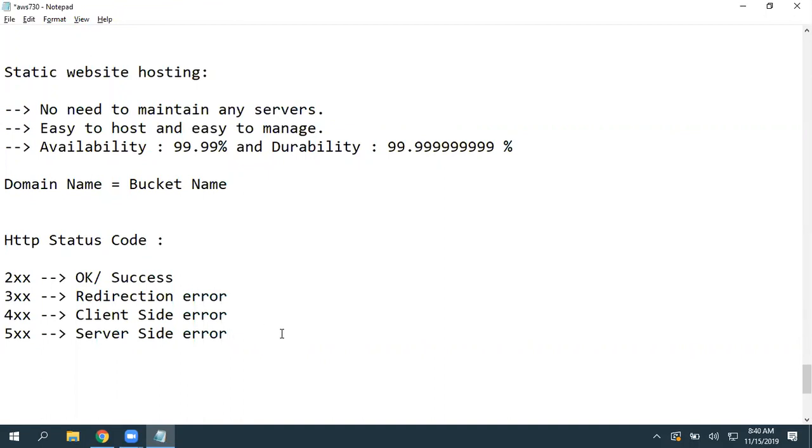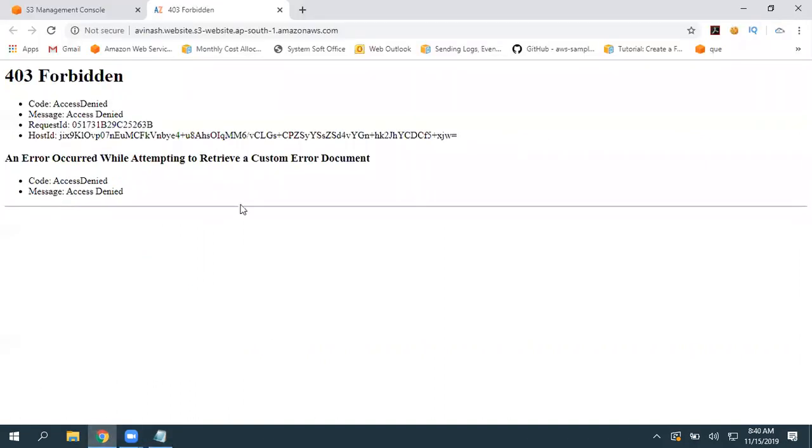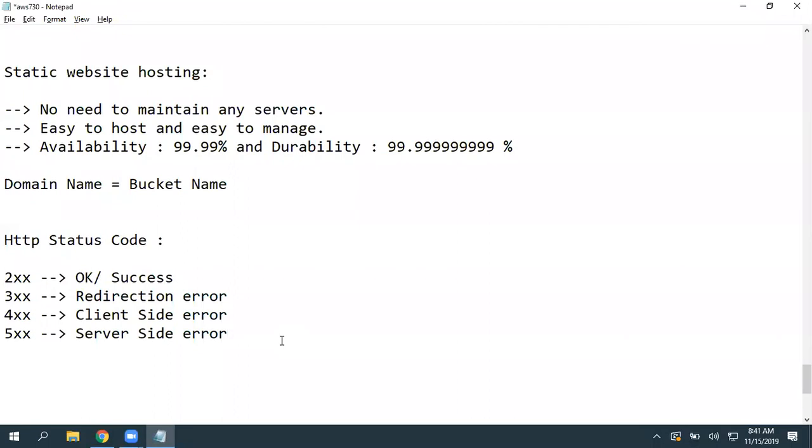server side error. For example, a server can deliver only 100 requests per second. This is also one of the certification questions, guys, that's why I'm discussing it. You have an S3 platform and you uploaded some data into it, and you are getting peak utilization for one particular bucket. All customers are giving complaints related to 500 status codes. How are you going to fix that issue? It is one of the certification questions.